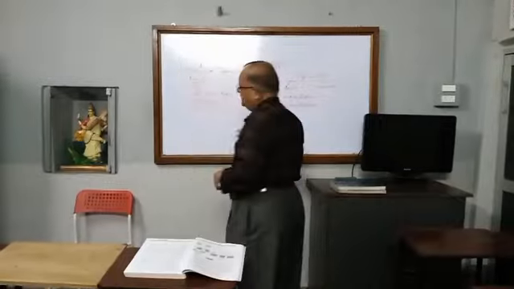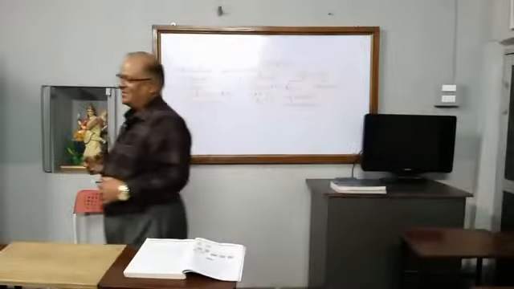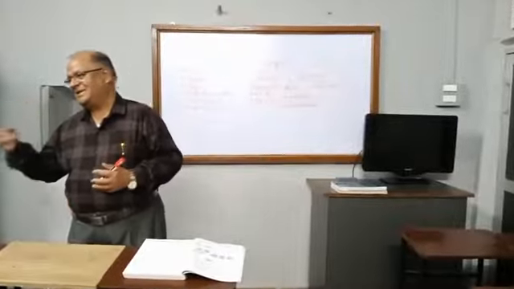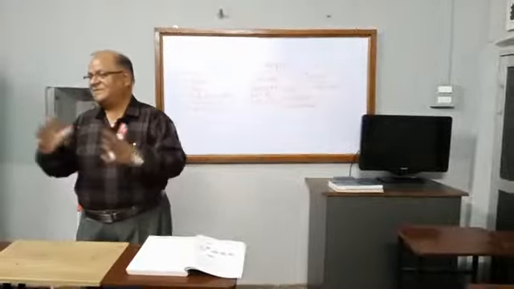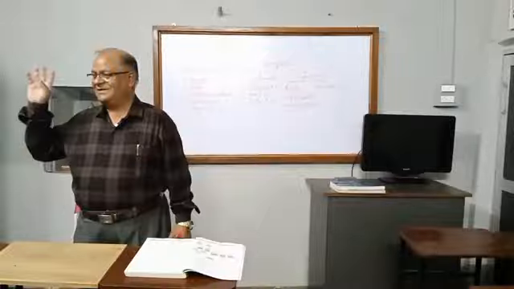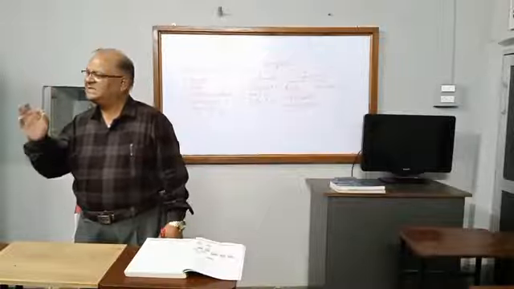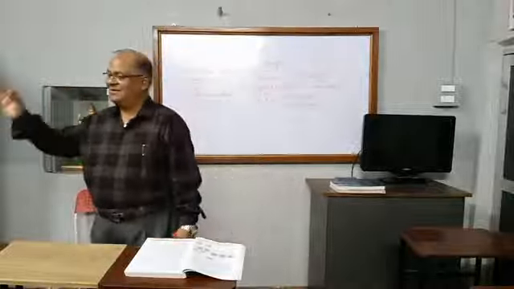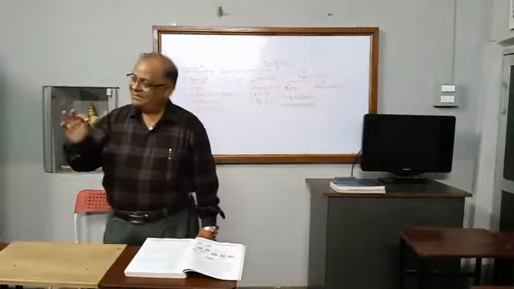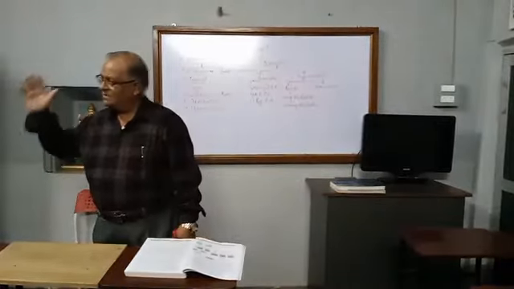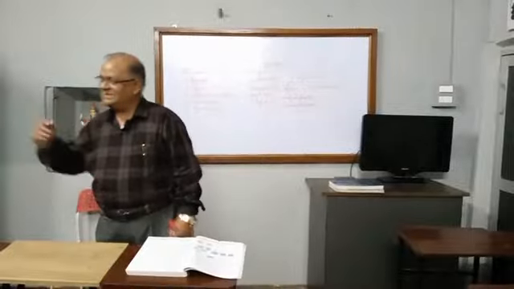Now we'll see. I'll give you the very simple ideas for you. Classification of accounts. Remember this thing. There are three types of classification. There are three types of account. There are three kinds of account. Correct? Number one is real account. Then what is real account? Very simple thing I'll tell you. Real account relates to properties, goods, assets. All the real accounts relate to all the properties, all the goods, all the assets, all the commodities. It's called real account.